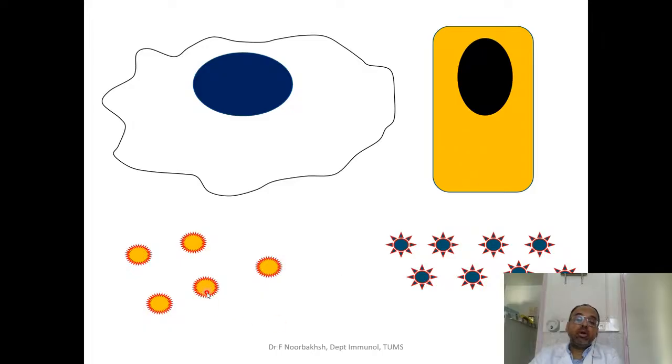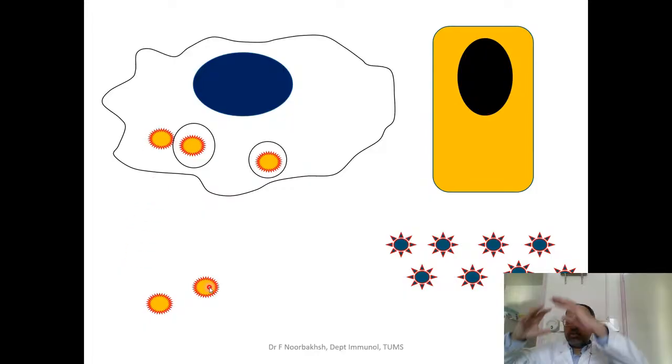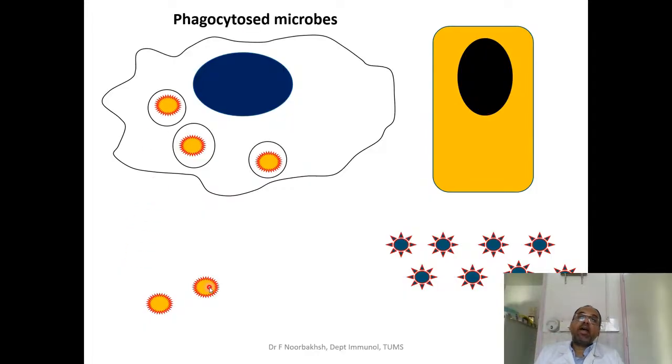So imagine that these are Mycobacterium tuberculosis. And the way that Mycobacterium tuberculosis enters our lungs is through inhalation. So we inhale the mycobacterium. So it goes inside the lung, it gets phagocytosed. They get phagocytosed by alveolar macrophages inside the lung, and they get circumscribed in something which is named the phagosome.